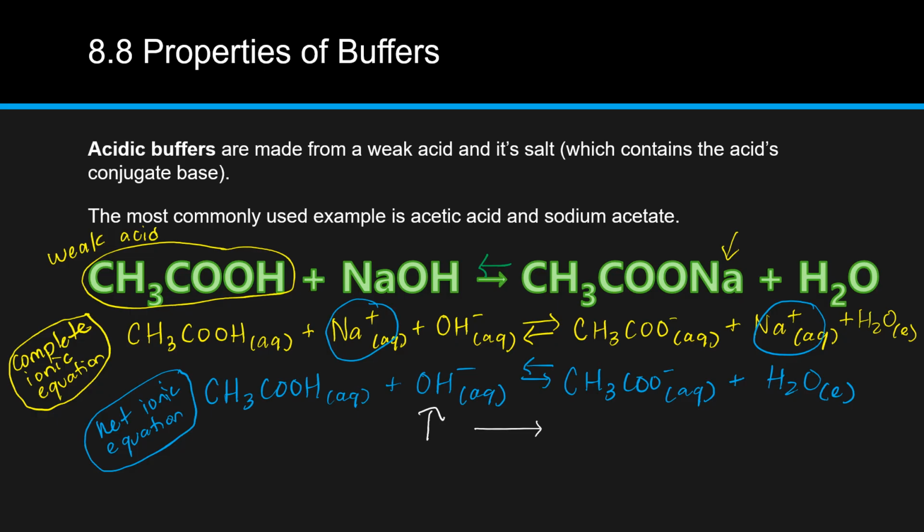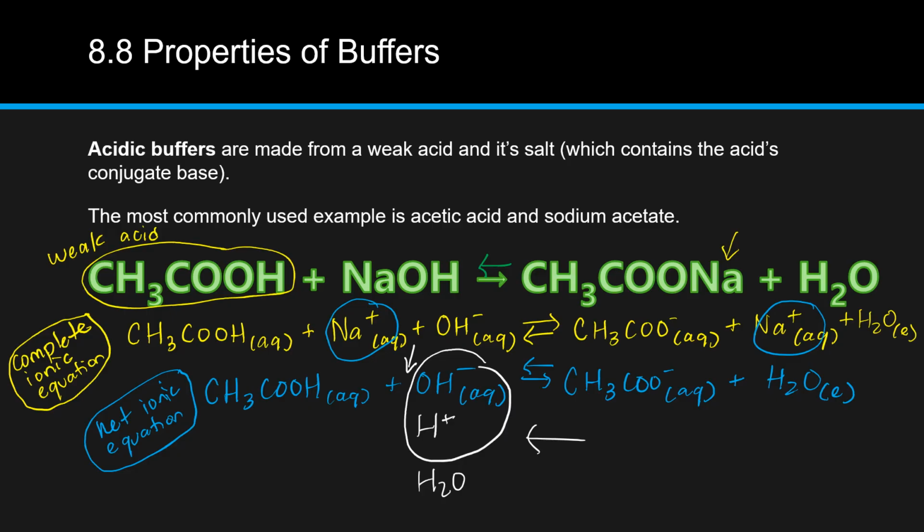Now, if we were to add an acid to this equilibrium, you would be adding H plus ions to the reaction, which means H plus is going to react with OH minus to form water, which means we are decreasing hydroxide, and the equilibrium is going to